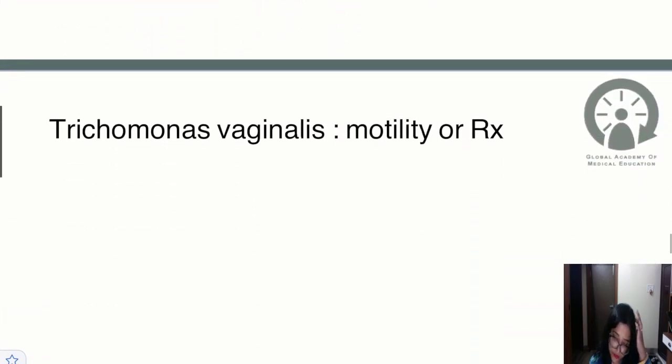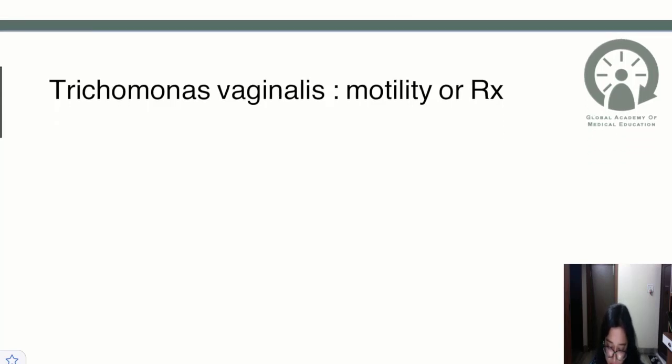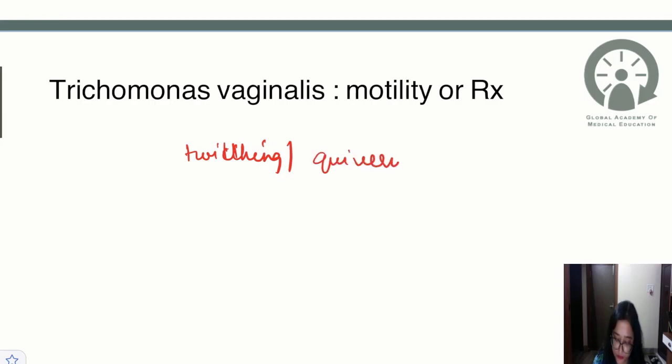Next, this was a question asked which was Trichomonas vaginalis, seen in a female with the history of discharge. And then in Trichomonas, what was the motility? So they have provided four options, of which there were two. The diagnosis was based on the motility, which is the twitching or quivering motility,